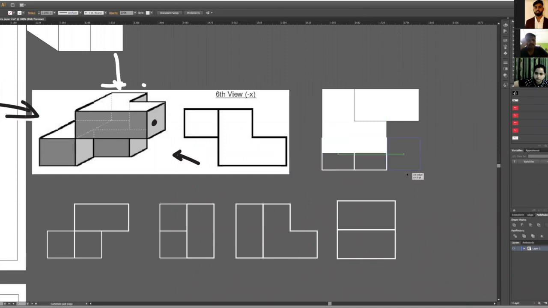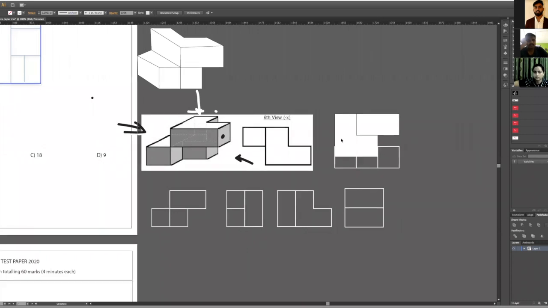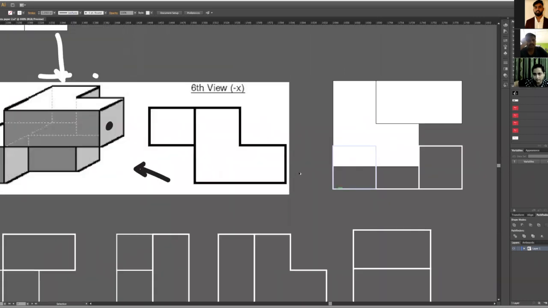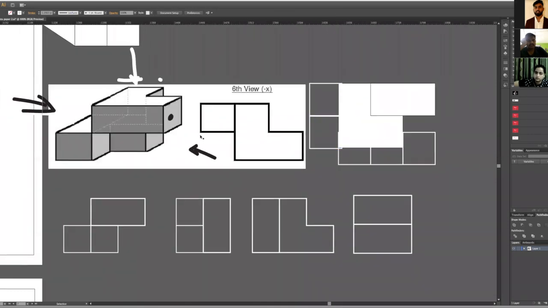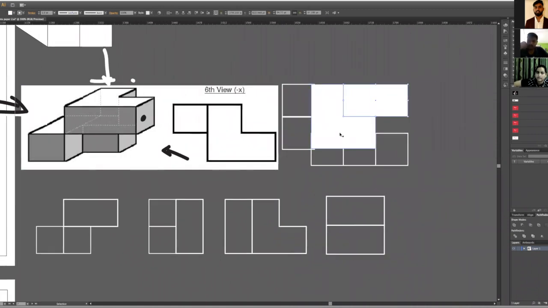It is again a length of 3 cubes, but at the same time I have a width of 2 cubes. So 2:3 is the ratio we have. So definitely I will be able to find this as the bottom. That's how we will be able to detect whether it is right or not.